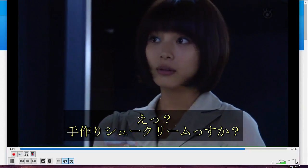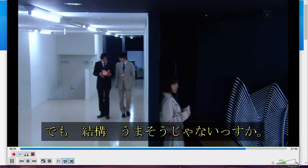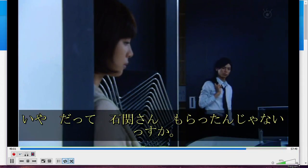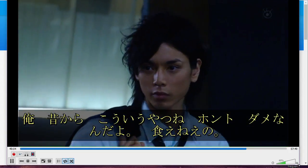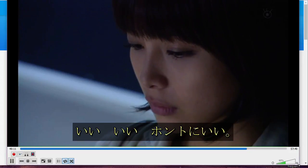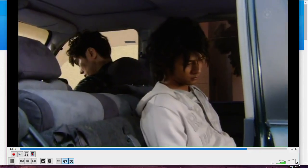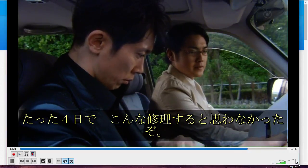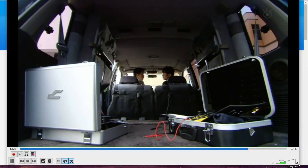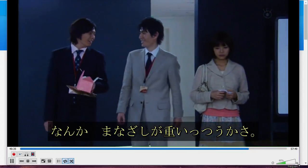手作りシュークリームですか？はあ、見てよこれ。派遣の伊沢からもらったんだけどさ。へえ、あの伊沢が。でも結構うまそうじゃないですか。手作りなんか怖くて食えねえよ。お前いる？いや、俺はいいっすよ。いや、だって石関さんもらったんじゃないですか。俺昔からこういうやつね、ほんとダメなんだよ。食えねえの。もったいないだろ。いやいやいや、持って帰ってくださいって。たった4日でこんな修理すると思わなかったぞ。伊沢ってさ、気持ち悪いんだよ。なんか眼差しが重いっていうかさ。